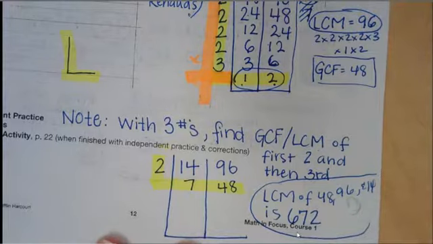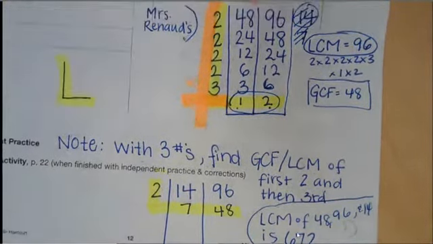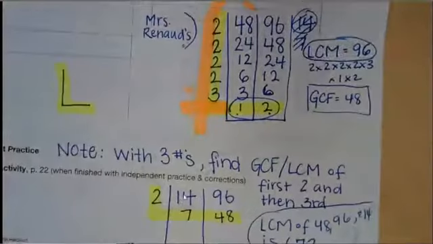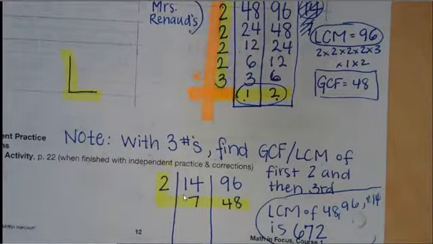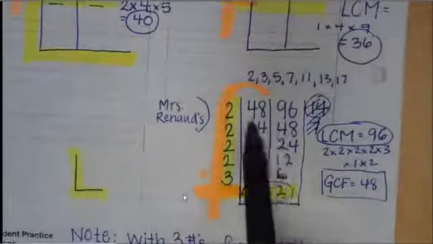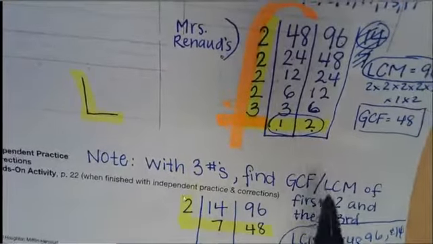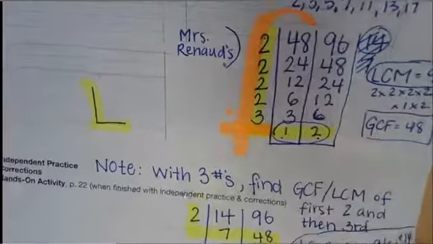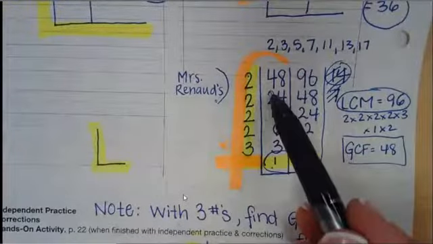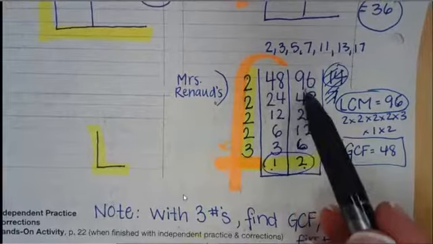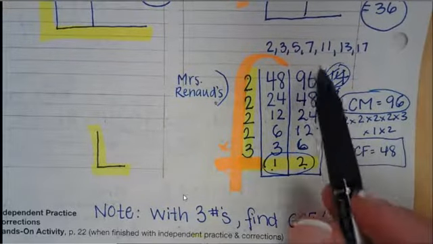And that is finding least common multiples. You'll most often have just 2 numbers, but if you are adding in a third number, you're trying to find the least common multiple of 3 numbers, make sure you find the least common multiple of the 2 first, and then take that third number into a new chart with whatever you found the least common multiple was of the first 2 numbers. That way you can be